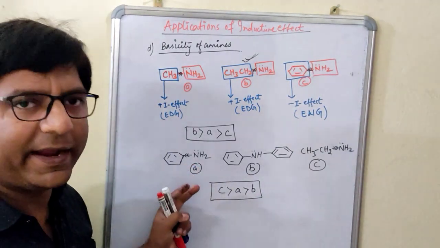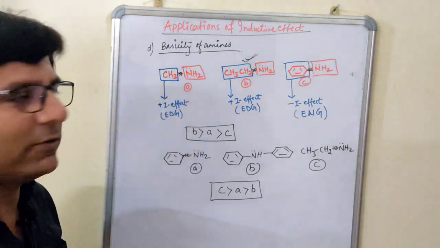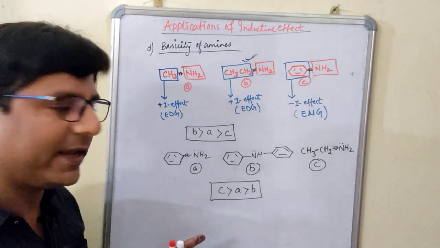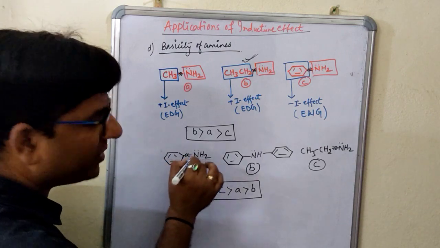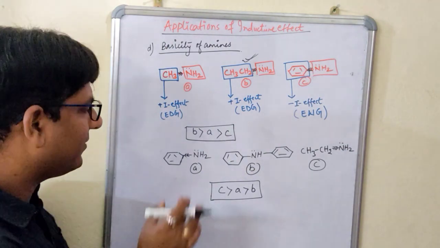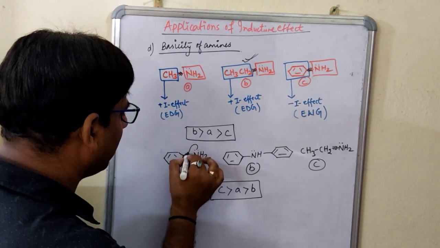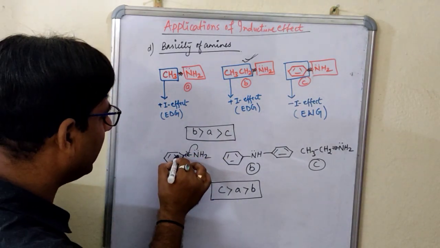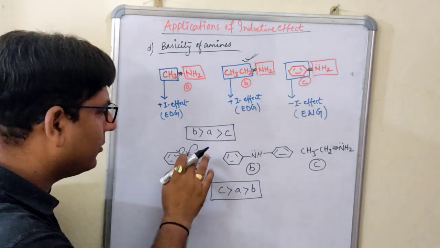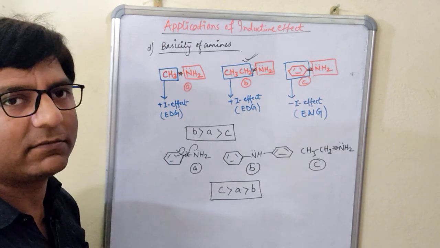When you have the aromatic amines, you can also use the concept of resonance. Okay, apart from the inductive effect, though we are studying the applications of the inductive effect, you can also give the answer through the resonance. How can you give it? Because this system is a conjugated system. Conjugated means double, single, lone pair of electrons. If the system is like this, it can easily undergo resonance. How will it be? This lone pair of electrons will take part in the conjugation. It will come down and this will follow this. In taking part in the resonance, this lone pair of electrons is no longer available on this nitrogen.